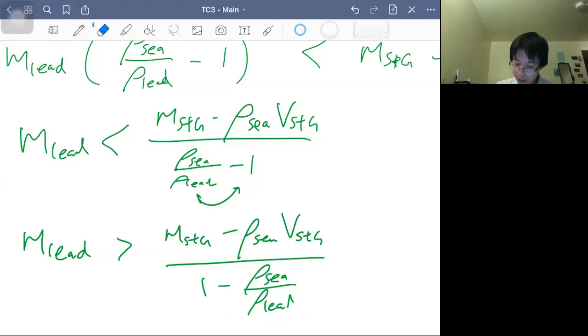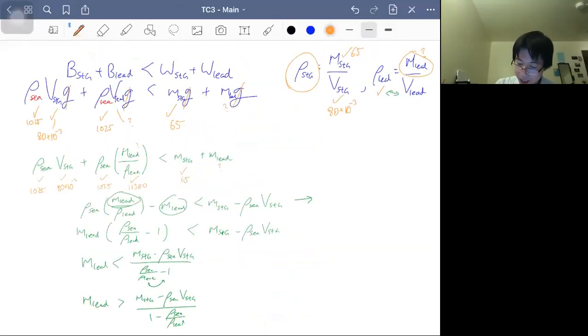Okay. So if you want to avoid having that in this step over here, in orange, instead of moving things to the other side, you should move these to this side. Then things would be more intrinsically positive. So for example, on the right-hand side, you have M lead plus, I won't do the whole thing, lead, and lead. And then move these to the other side. So you have rho C,